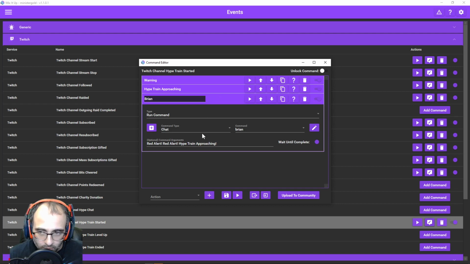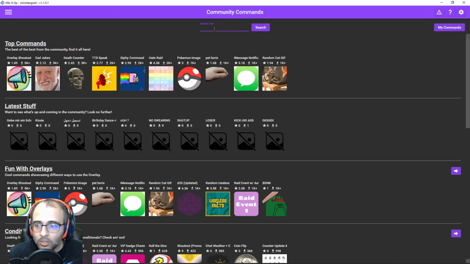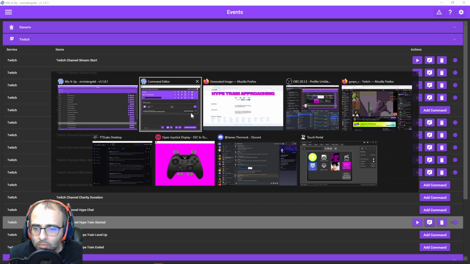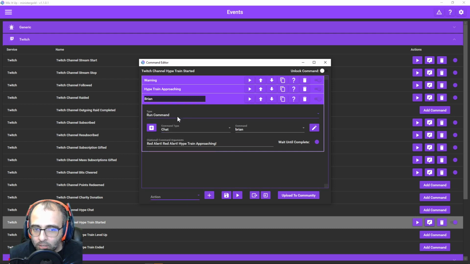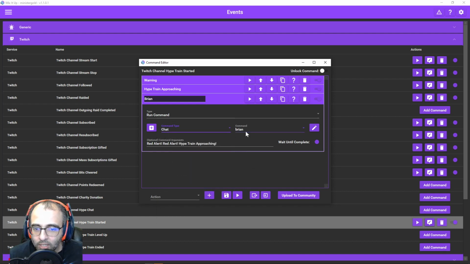And then Brian. Brian you can get from the community store. So click on the top left corner here, go to community commands, just type in Brian. Okay, and there's Brian. You can just download that and save that as a command. Okay, and then this is a command action. Then run command, pick the relevant category. For me, it's just called chat. Might be different for you. Select your Brian command,